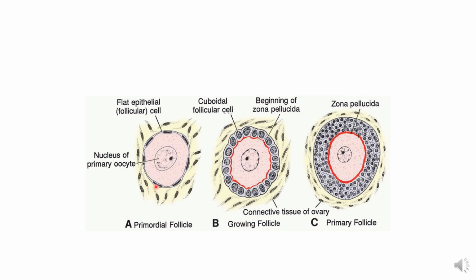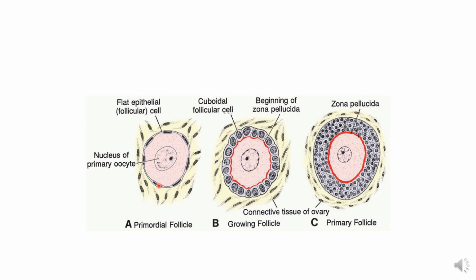There is a picture which is shown that the primary oocyte, it is not the primordial follicle. Basically, this is a primordial follicle. This is the oocyte, surrounded by these flat cells. You can see these are the flat cells surrounding it. And they remain in this state for up to 50 years.